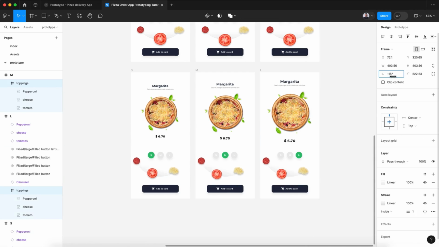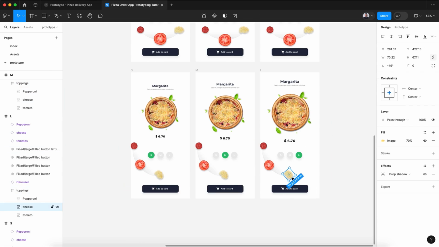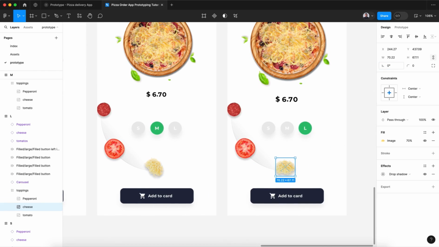Let's go to the rotation and rotate. So the cheese screen will be set on the center. Now select this screen and or the cheese layer, and let's put the value of rotation to 0 and 100 width. All right, let's center